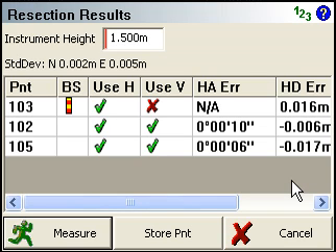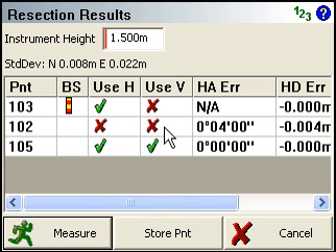The resection in FieldGenius does support taking second phase shots on those points if you need to. Any of these shots, maybe 102, maybe we made a mistake and we don't want to use it. All you need to do is just toggle it off like that, and it's not going to use that observation. Here I do want to use it,